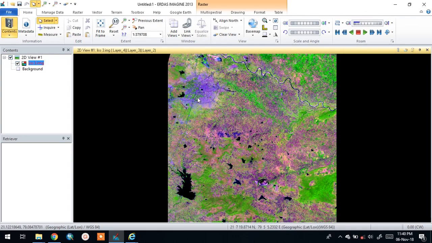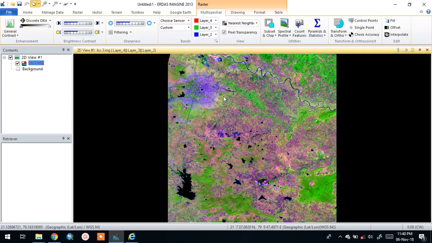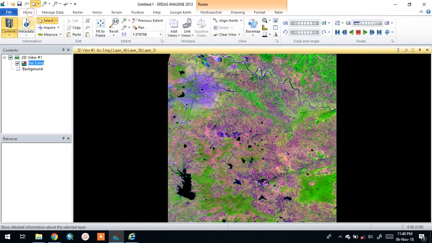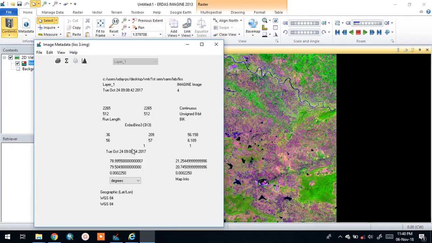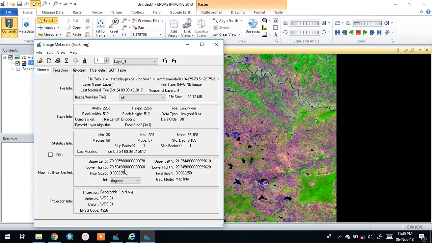So now we will see how to determine the spatial resolution. First, go to the multispectral. As we know, the spatial resolution represents the size of the pixel on the ground, right? But here we have already seen that the unit of the projection system is in degrees, right?